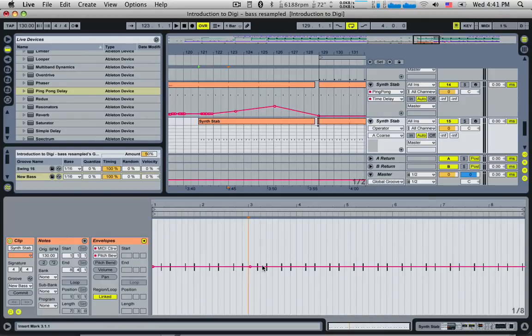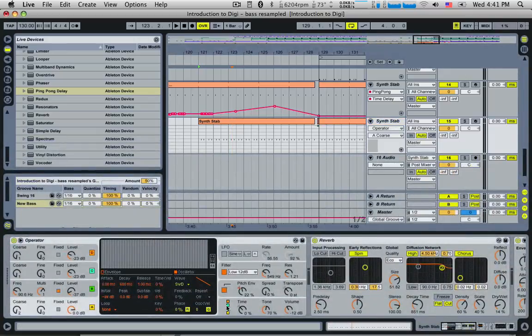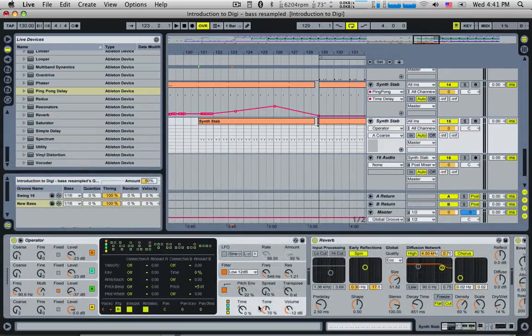Click here, this is when we want it to start doing something, and let's rise it up and up and up and up till it's right at the maximum value. Currently the maximum value will be set at, if we go down into the section of the operator, we can see that the pitch value is set at +5 semitones, so that means it's only going to raise 5. We want it to go up 12, an entire octave. So by this,